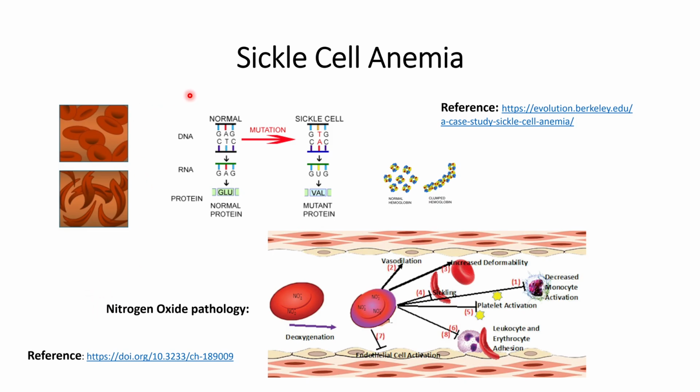In this video, we will discuss sickle cell anemia and the possible pathologies or cures that are available. What is sickle cell anemia? We will understand this from the figure on the far left side. The top figure on the far left side shows the normal cells, which are usually circular or oval in shape, whereas the figure just below shows the cells